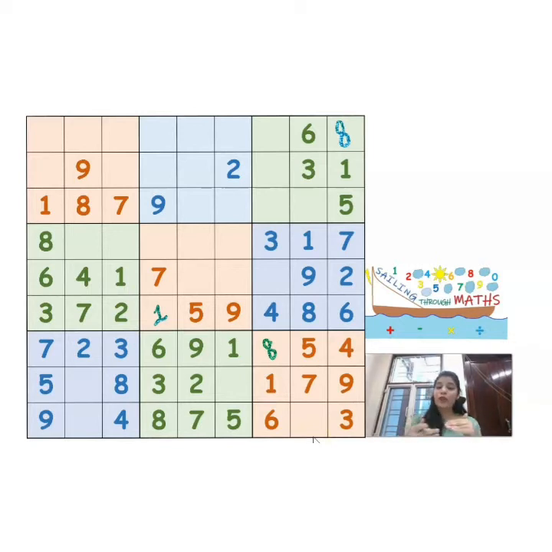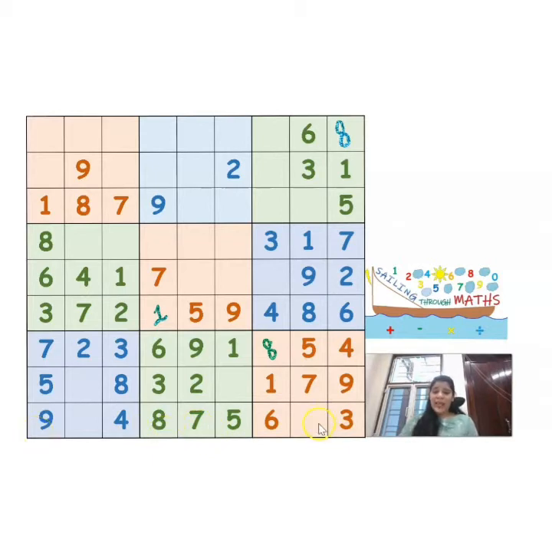So now we'll move to those rows and columns where 2 cells are unfilled. Now I will move on to the 9th row, because this is a number which is missing and this is a number which is missing. What are the 2 numbers which are missing here? You will see the numbers which are missing from the 9th row are 1 and 2, because 3, 4, 5, 6, 7, 8 and 9 are already there.